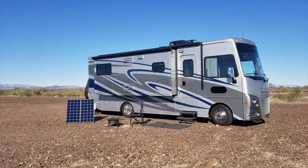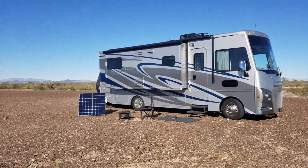I mean, there are some amazing rigs down here that cost upwards of $250,000. This rig here happens to belong to a friend of mine, and it's really nice, a Winnebago, but I'm here to tell you, there are some rigs in town, and also actually in this area of BLM, that make this thing look like a junker. That being said, it is a really nice rig, and he's got a little solar setup